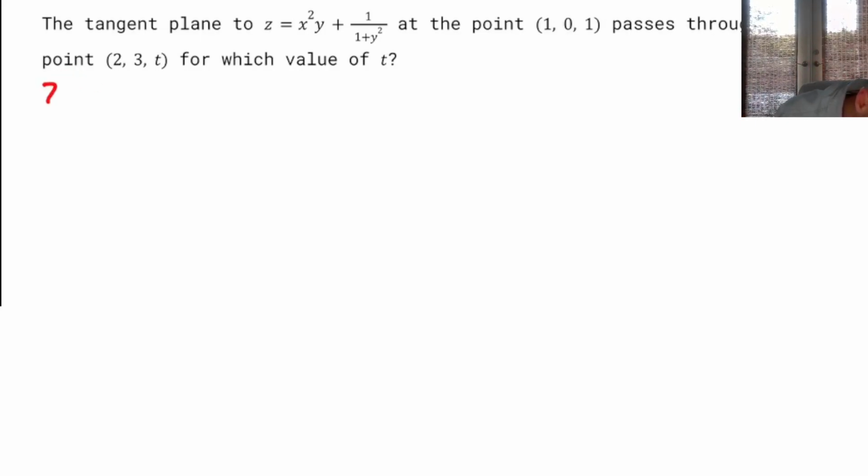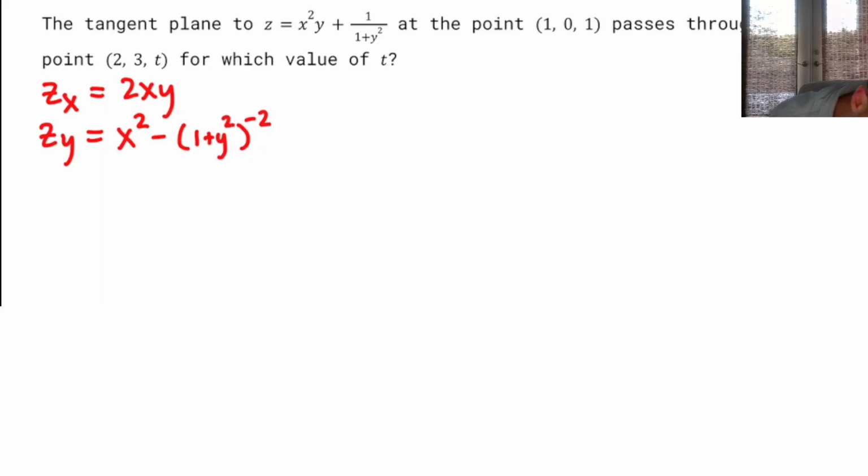All right, so zx is going to be 2xy. Okay, that's helpful. zy is going to be x squared plus, okay, so I'm going to think of that as 1 plus y squared to the negative first. So I'd have negative of that to the negative second power, 1 plus y squared. And then I'd take the derivative of the inside, and that would give me 2y. Okay, and that won't be a big deal because I've got y equaling 0. Okay, that's pretty much it. All right, so at the point (1, 0, 1), so zx, where x is 1 and y is 0,